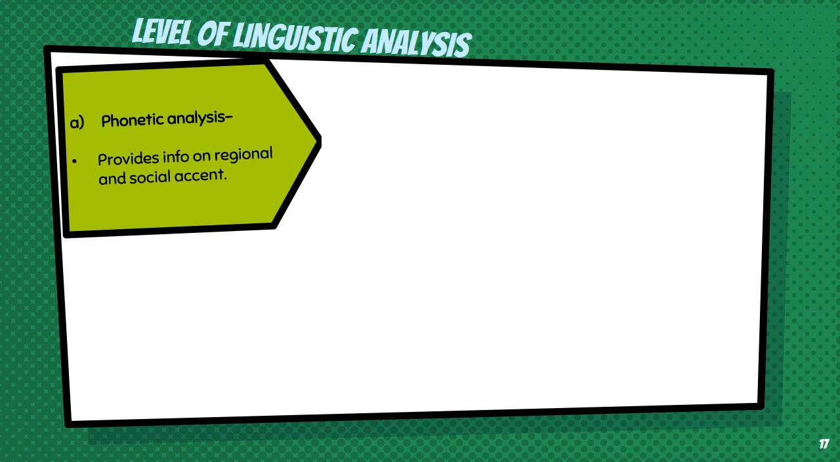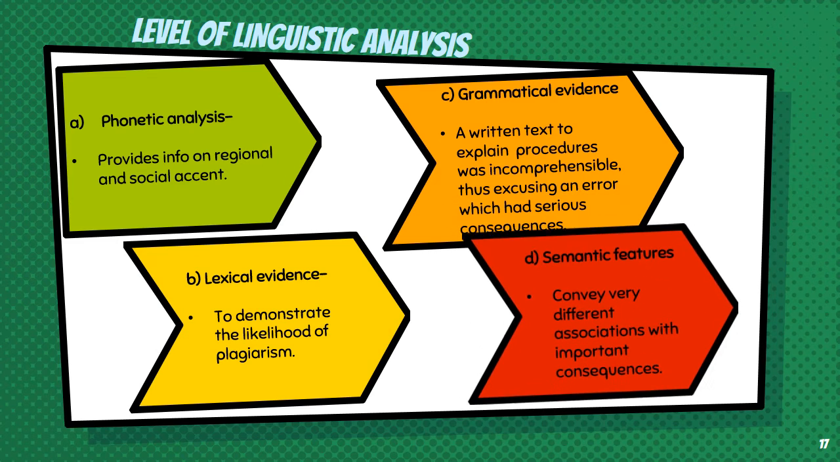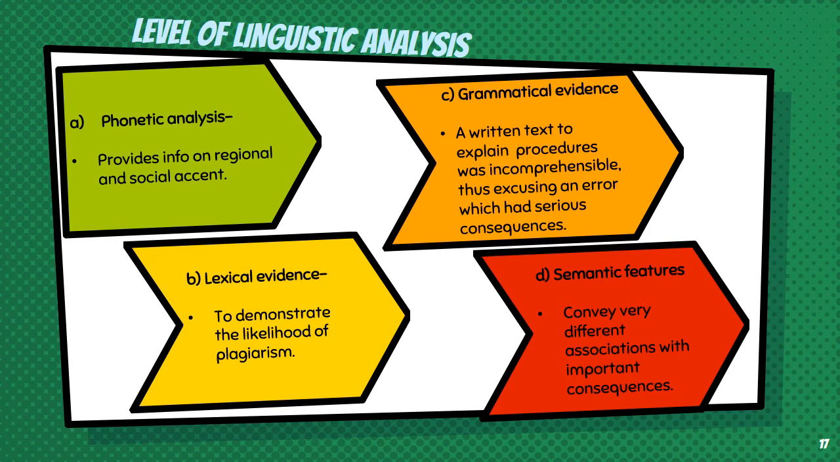From the slide, we can see that there are four analysis levels. The first one is phonetic analysis, which provides information on regional and social accents, which usually assists in eliminating crime suspects. So, for example, a British